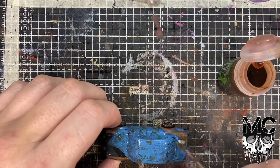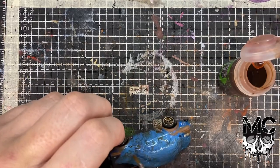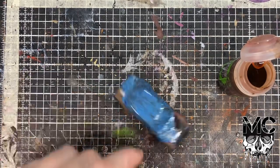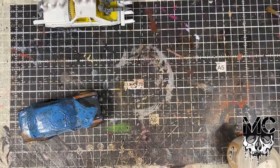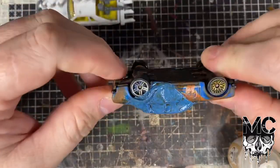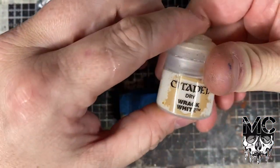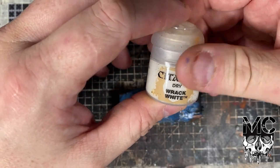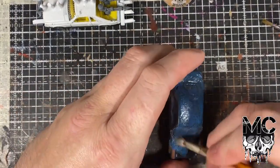Right then, we'll leave that to dry, and then when we come back I'll dry brush it a little bit of white. It's tarp pretty much done. Right then folks, we're back. Last thing to do, I've got some dry brush rack white. Gonna give the surface